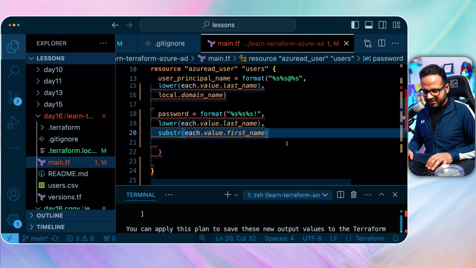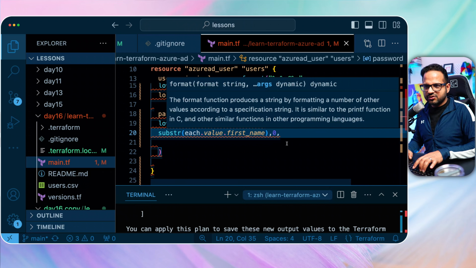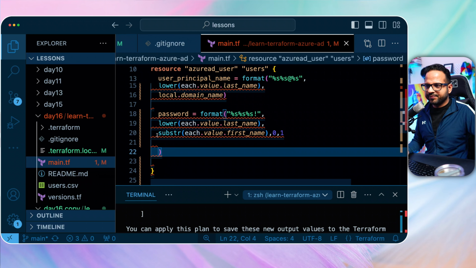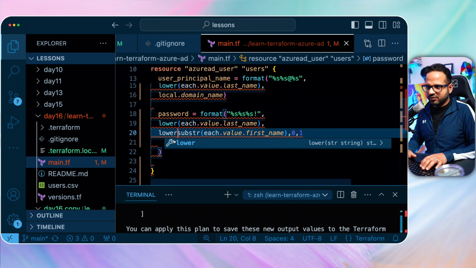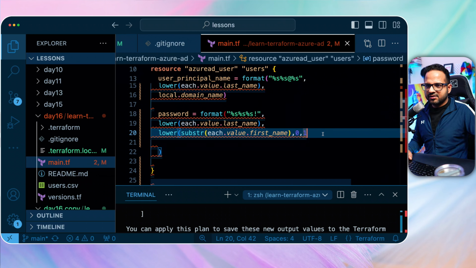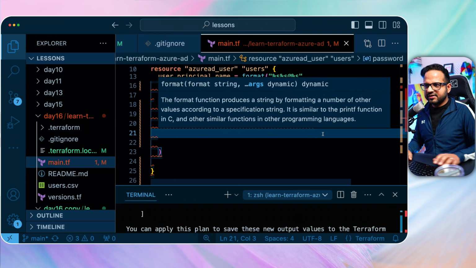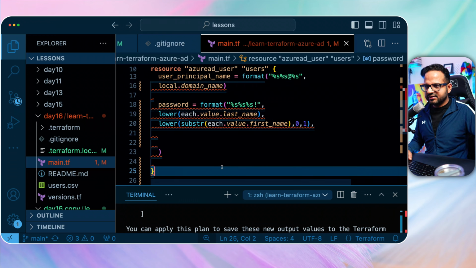And how do we get it? We get it with colon comma 0 comma 1, start from 0 and go till first character. Now let's convert this into lowercase as well. Yeah, let's convert that into lowercase. Okay, and the third one is